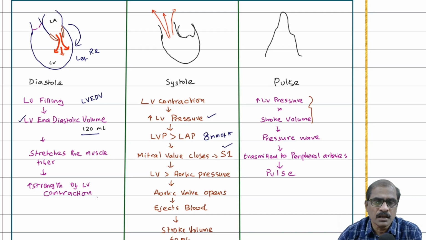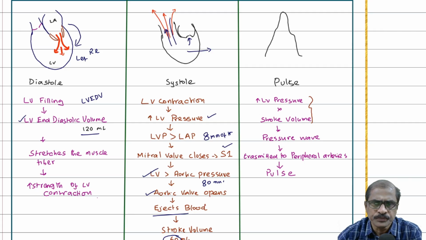Further rise in left ventricular pressure opens the aortic valve and the LV ejects blood into the aorta. The normal stroke volume is 60 ml. When the left ventricular pressure is greater than the aortic pressure, which is 80 mm of mercury, the aortic valve opens. So during LV systole, LV contraction begins, closes the mitral valve, opens the aortic valve and ejects its content into